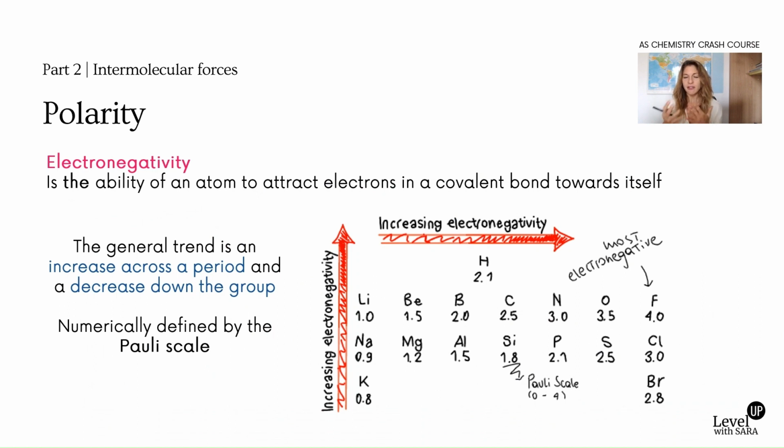So every nucleus has a positive charge because of the protons. However, the attraction that this nucleus has on the electrons is determined not only by the number of protons, but also by how many shells are present around this nucleus. The more shells are present, the further away is this nucleus. So the electrons at the very far end that are shared with another atom won't be as attracted. Okay, what I'm trying to say is that the shielding, this is the effect that it's called, affects the